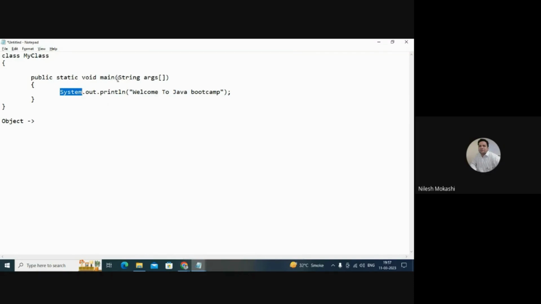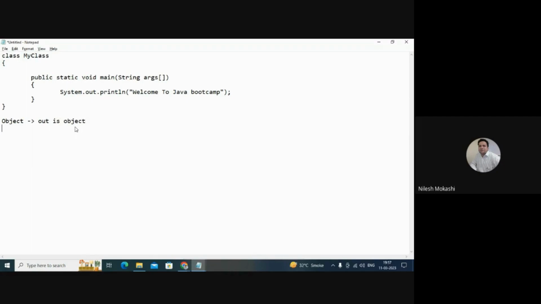Similarly, here you can see String. S is capital. That means this is also a class. These are Java defined classes, System and String. And which is the user defined class? It's MyClass. So I have 3 classes in my program. I have an inbuilt class String, an inbuilt class System, and one user defined class called MyClass. Okay. So as someone said correctly, out is an object.